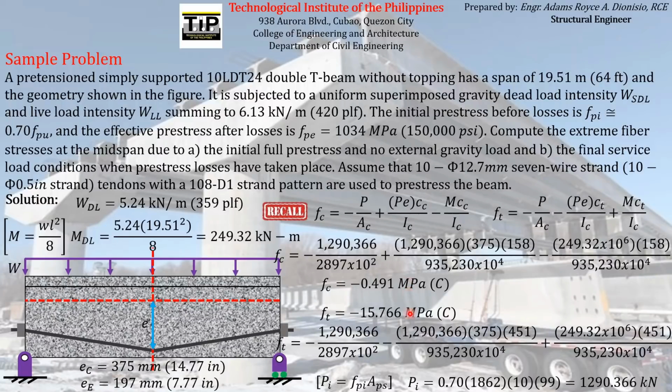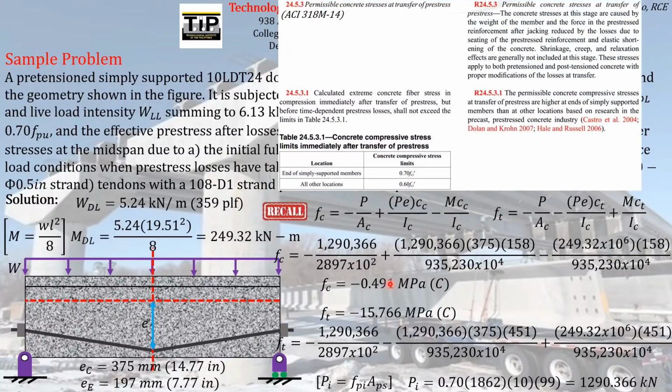So in order for us to check if they are compliant to the code provisions, let us just check the provisions itself. So if we will check the provisions of ACI 318M-14 on the section 24.5.3, the permissible concrete stresses at transfer of pre-stress. So take note, the stresses that we are computing here are the stresses acting at the concrete element at transfer. So we will use this particular provision of the code because